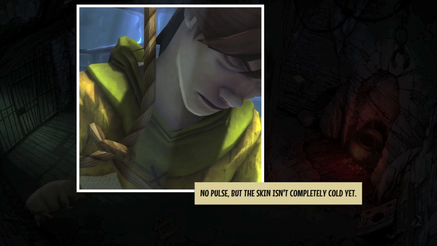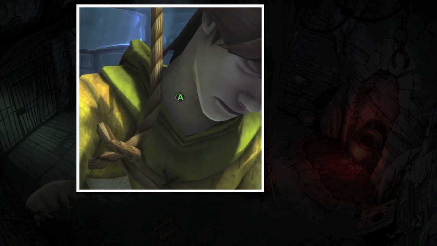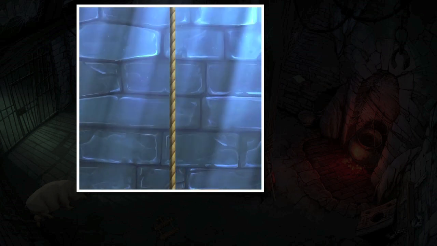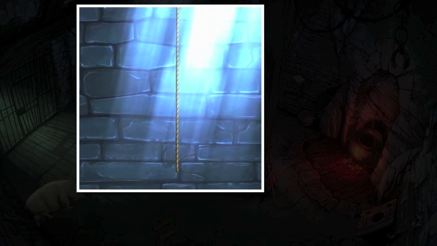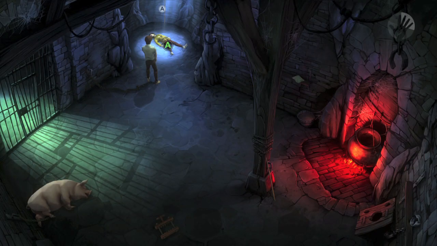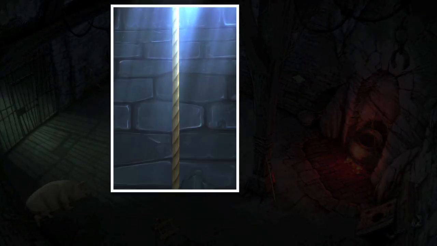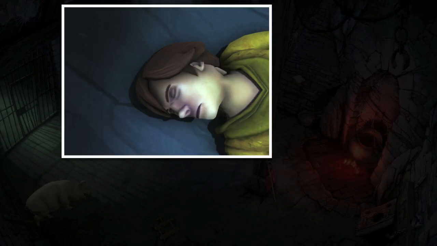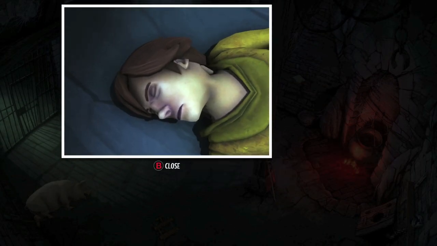The reason for that is once you interact with the knot, the rope will untie and you will miss all these interactions right here. And if you miss one, you will have to start back from the beginning, or you have to load from the chapter select. So once he's untied, what you want to do is examine the rope again. It will count as a different hotspot that time. Then re-examine the dead body, and then once again you want to get his face, his neck,